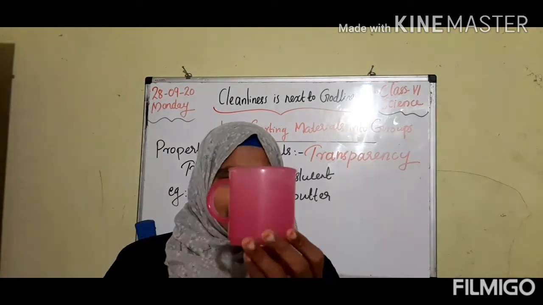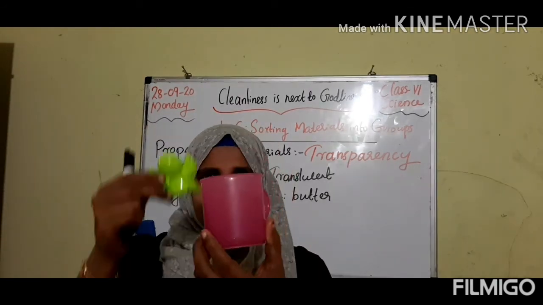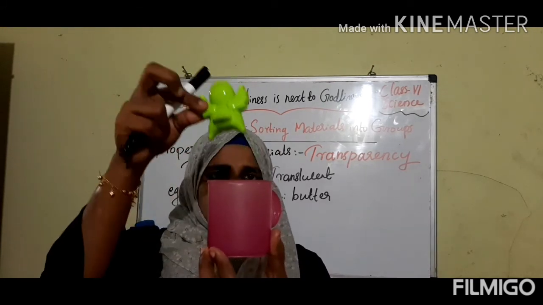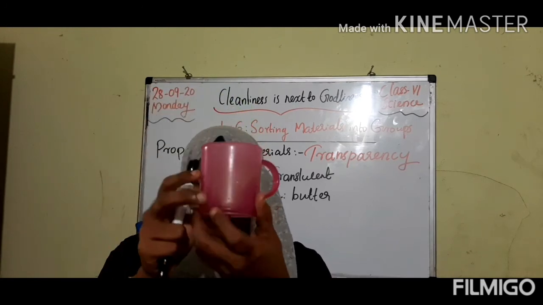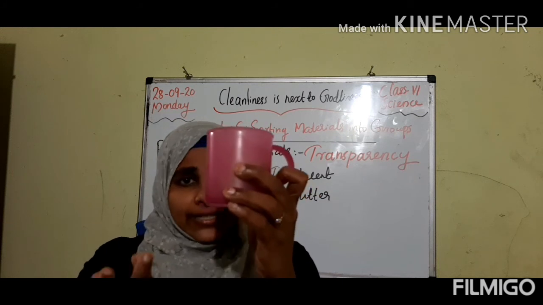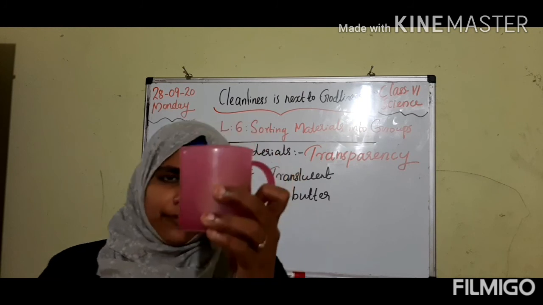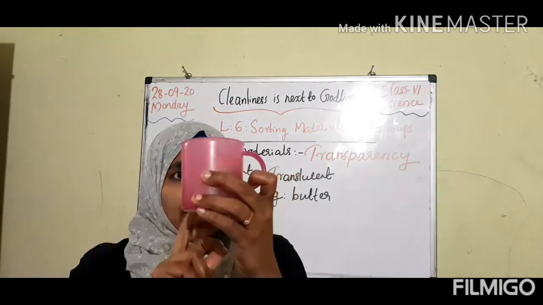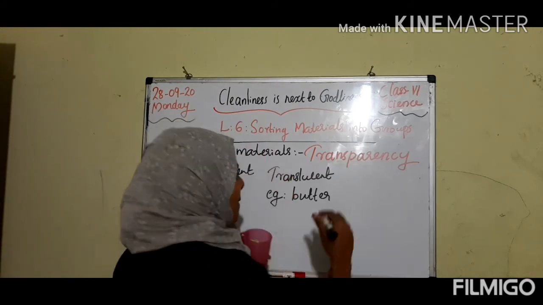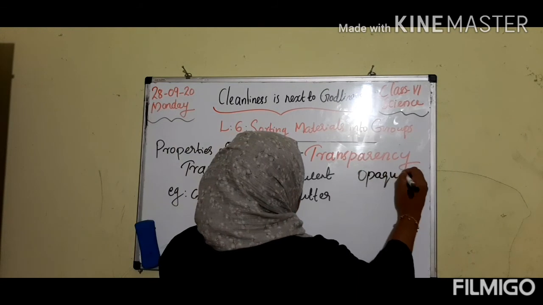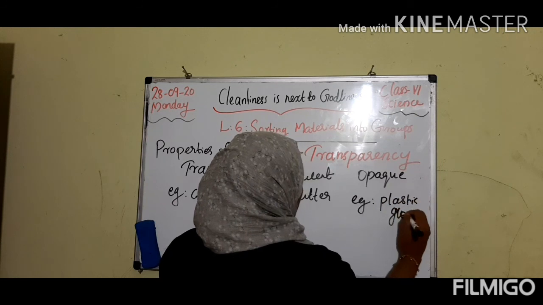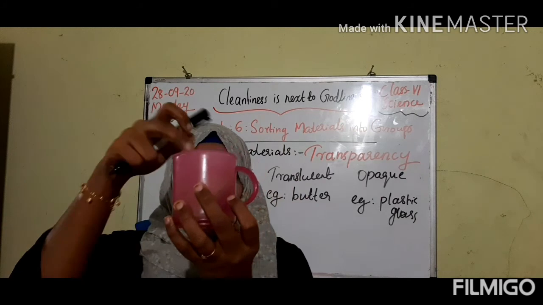Next, I have a plastic glass in my hand. One material, and the same object I am using. Clear, all of you? And what am I going to do? I am going to put this object inside this material. Can you observe it, children? No. Why? Light doesn't pass through this glass, is it? That means a material which cannot pass light, we call opaque material. We cannot see it. That is opaque material. So, this plastic glass is opaque because we cannot see the object inside of it.